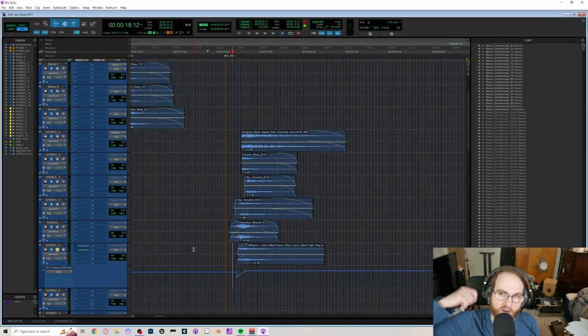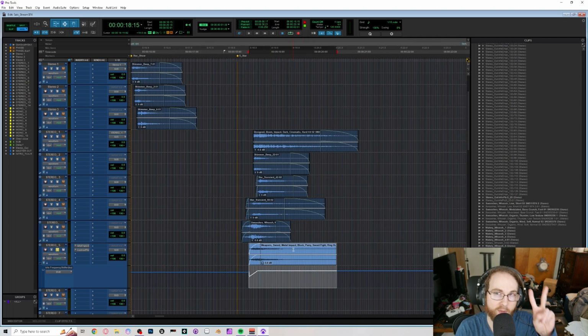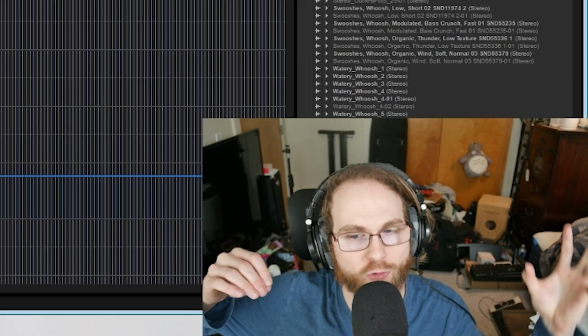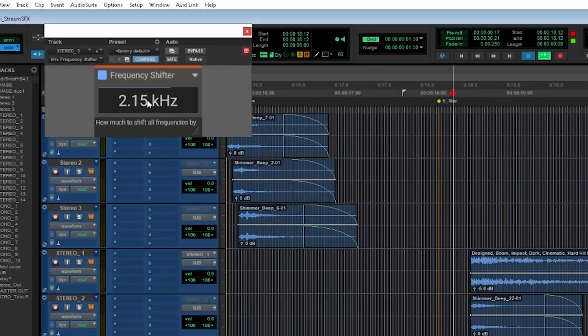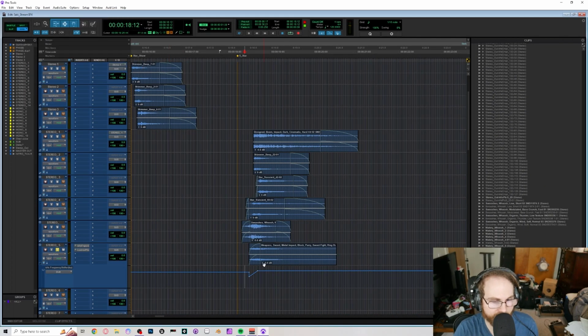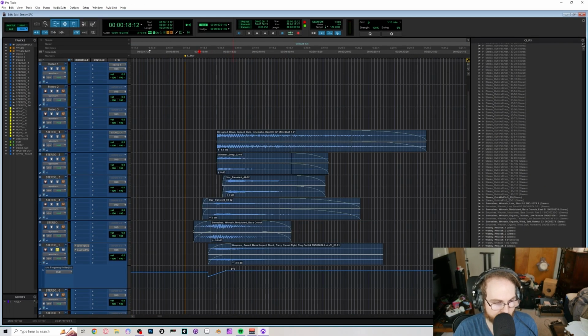This is just the scraping of a weapon against a metal surface, or a sword or a knife of some sort. This is kind of that common anime effect, where they take a sound, drench it in reverb for the tail, not for the sake of space, and then they use a frequency shifter to go from 0 all the way up to like 2000 hertz, and it kind of causes this scooping sound. If I slow it down, you can hear it better. And it creates this really cool texture, because that's what it sounds like without reverb, which is pretty cool on its own. And then you put the reverb on, and it gets this very